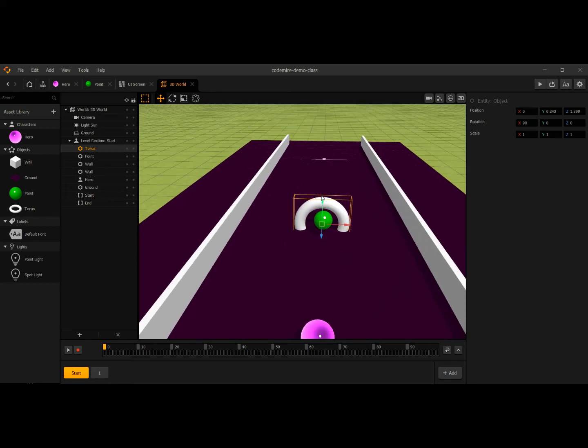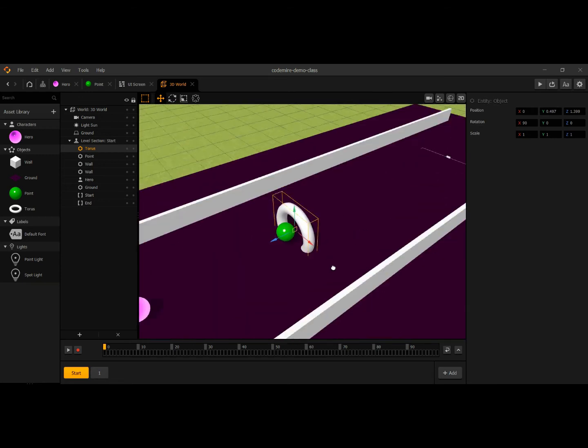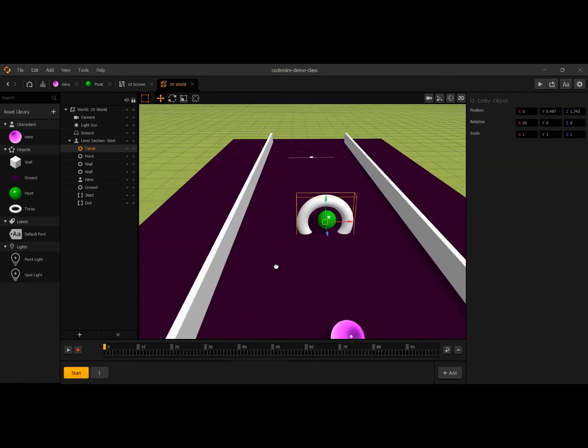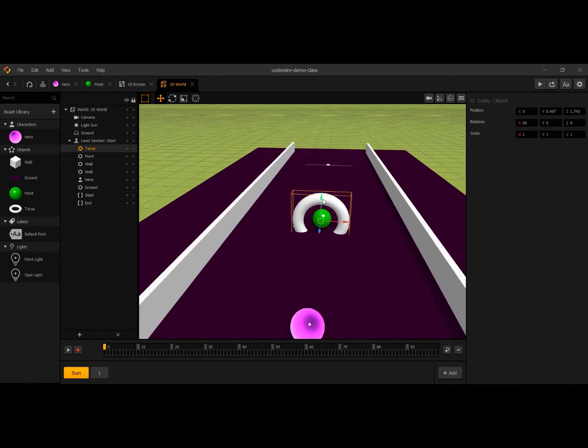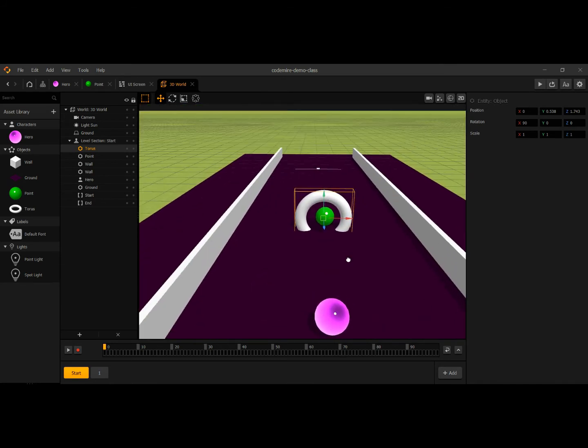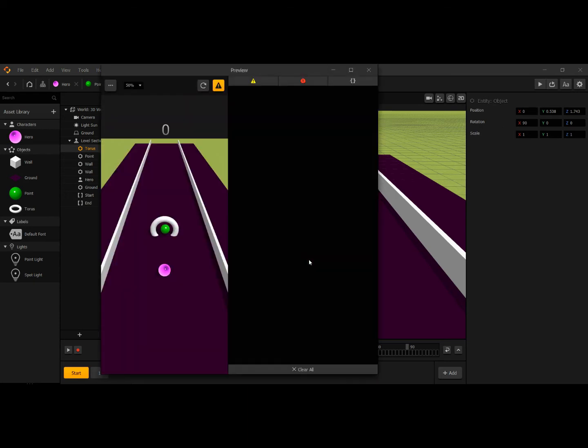Now I think you guys are very good at placing objects, so we just have to work on placing this torus. And right now I place this torus like this, and after that if we play this, yes, this is fine. But there is one more thing we can add in our UI,